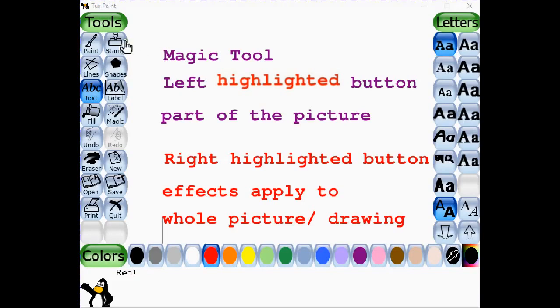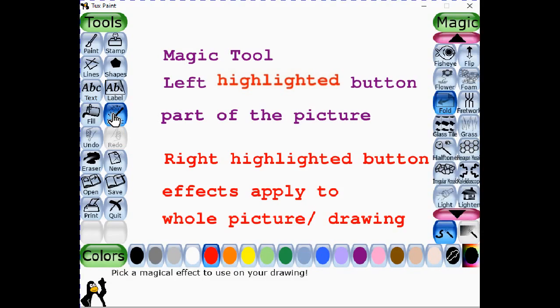Yes students, in the last lessons we have discussed some tools of TuxPaint using the paint option, lines. Now we have discussed shapes and the text box as well. As you can see on the screen, I have already written some text for you, and today we will be discussing this magic tool. There is a magic effects tool available in TuxPaint. As you can see below this label, there is the option of the magic tool. When I select this one,